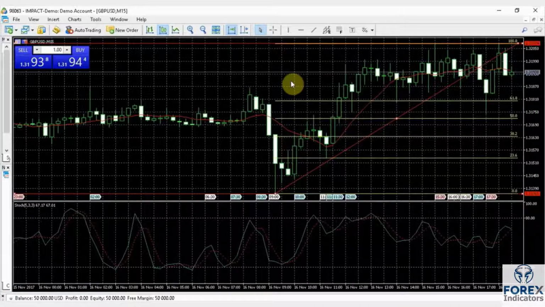That's technical analysis. Take note, technical analysis isn't everything. There's also fundamental analysis, and we get into